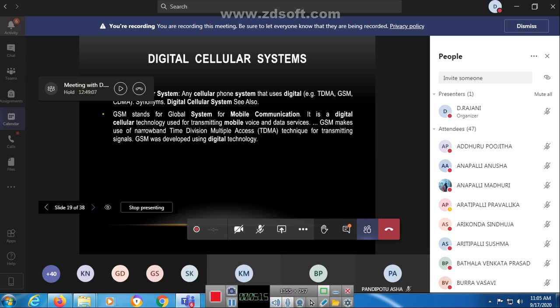These three are considered the digital cellular systems. TDMA means time division multiple access, GSM means global